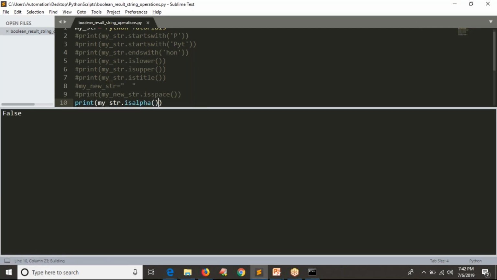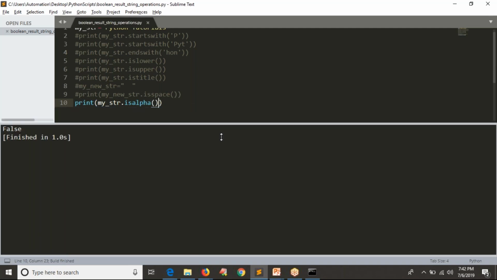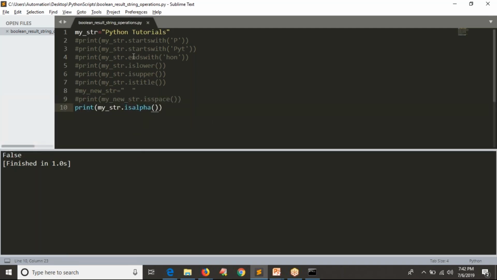Yes, true, no? Why are you getting false? You have space. Space is not alphabet, right? Let me remove that space. Now see the output. You are getting true, right? So space is not alphabet. That's why is alpha giving false. If you remove that space, it will give a true.